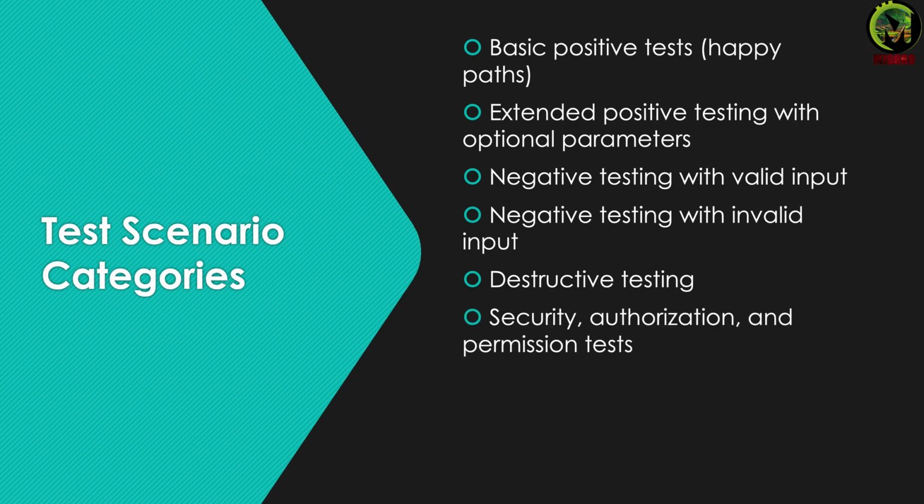Here comes the most important part of our API testing: security, authorization, and permission tests. These will cover every aspect of security. Who can access it, who can't, all of them will be determined in this category. Validating it stays that way is a safe bet.